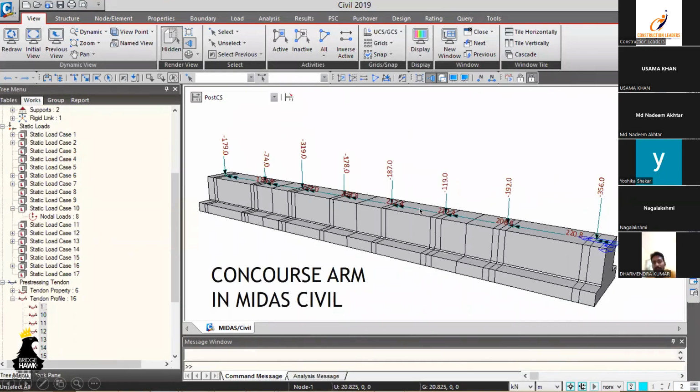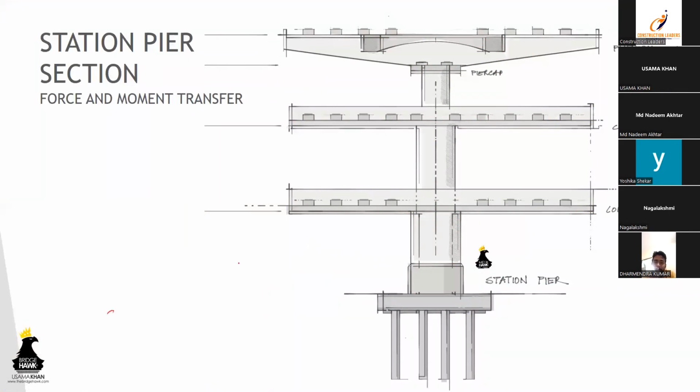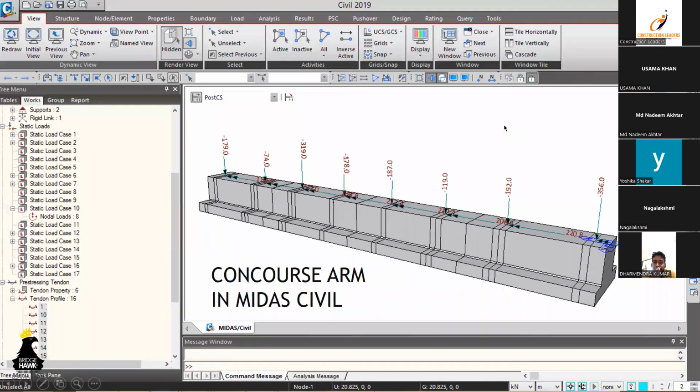All right. So over here, the concourse arm. The concourse arm. This is a model that we had made for one of the stations. So as I told